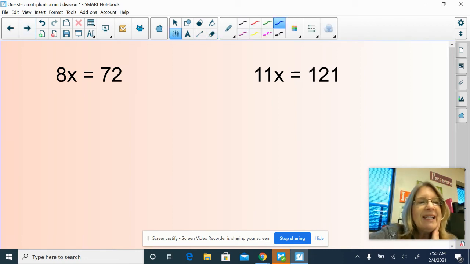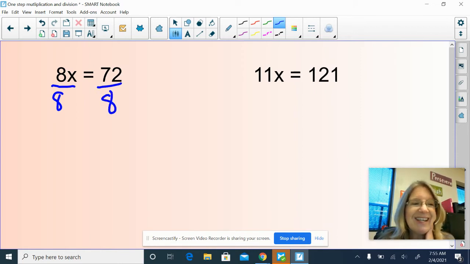So 8 times something equals 72. Algebraically, before we get to the 2-step equations, build your habit of showing it this way. Divide by 8, divide by 8. Whatever you do on the left, you have to do on the right. If you need a calculator, go for it. 72 divided by 8